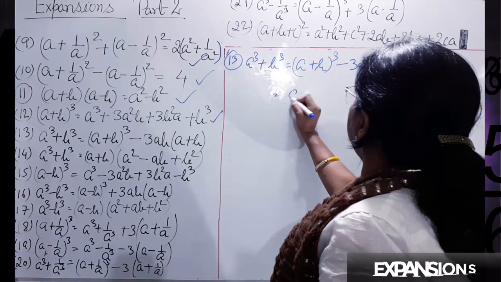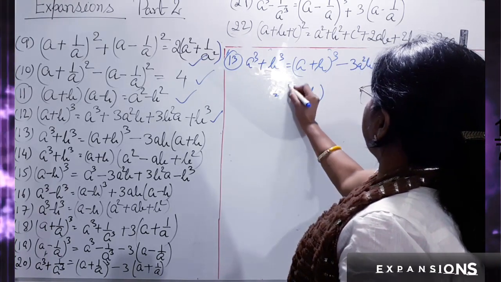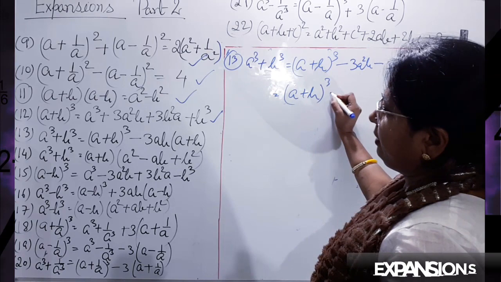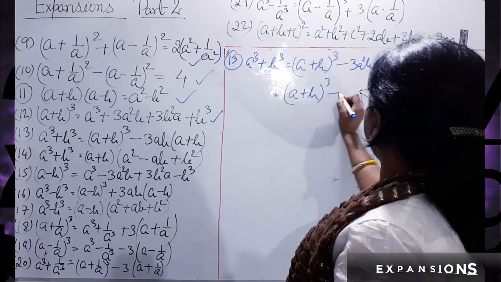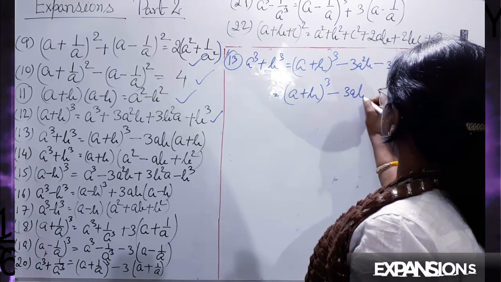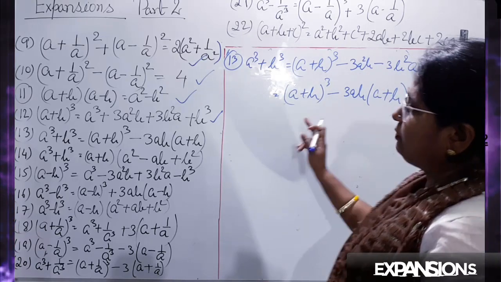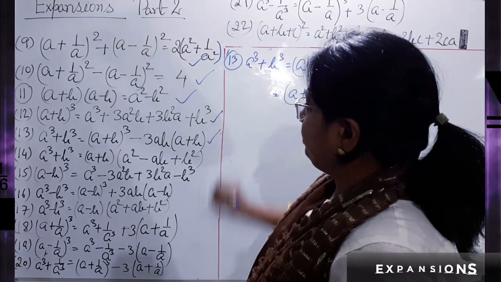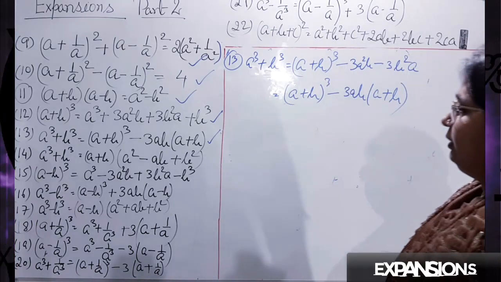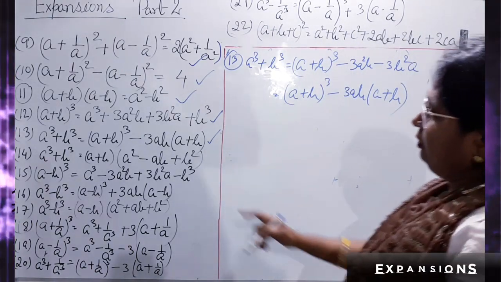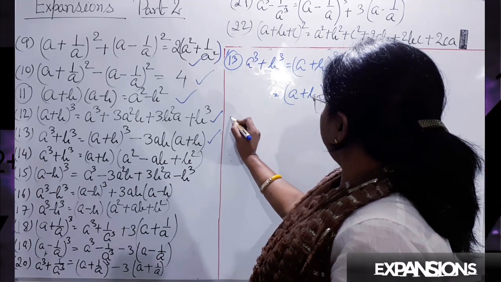And now (a + b) whole cube minus 3ab is common, (a + b) we can write. In this way we can get 13 number. And now for 14 number,